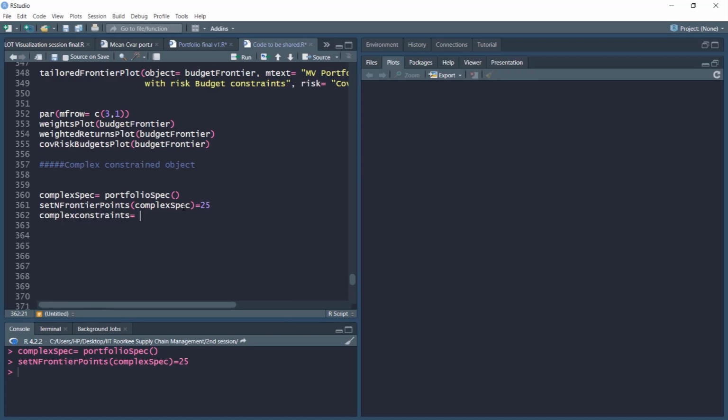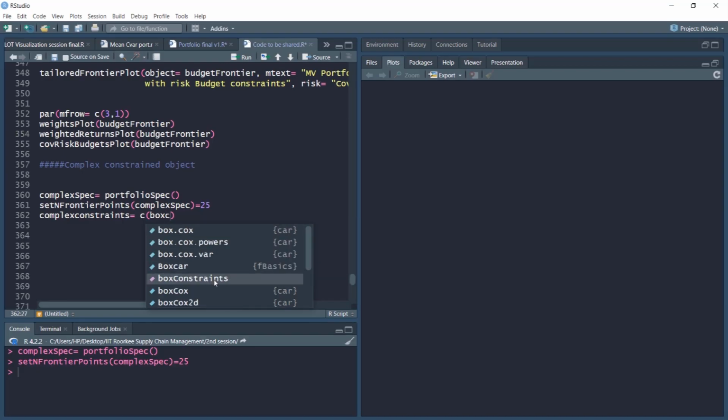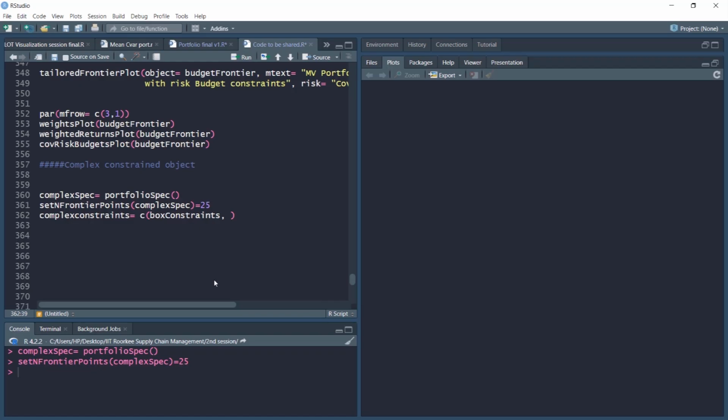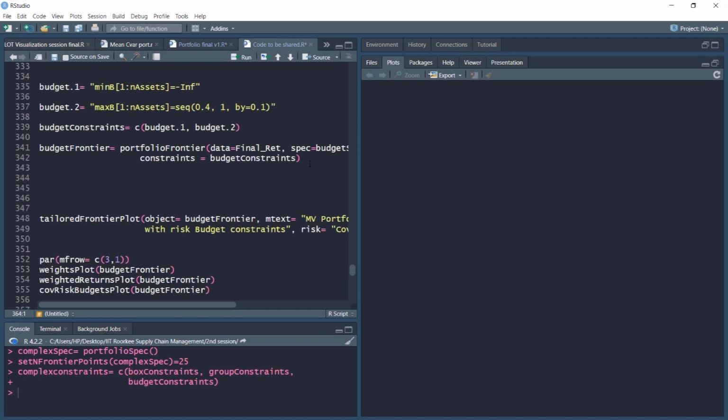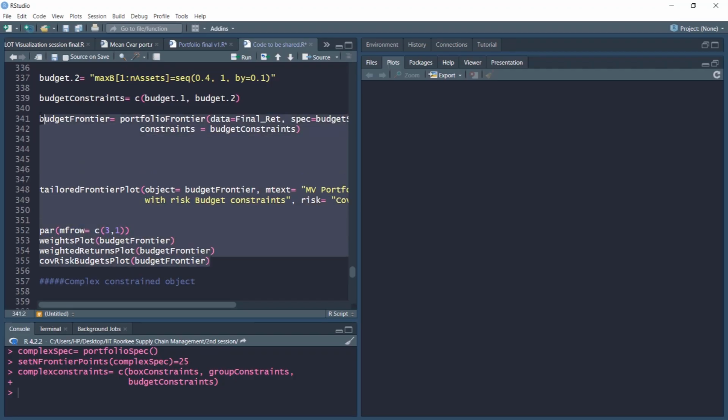constraints, and we'll assign our box constraints, group constraints and budget constraints. So this is our complex constraint object. Now the remaining commands will remain same. We need to create a frontier,